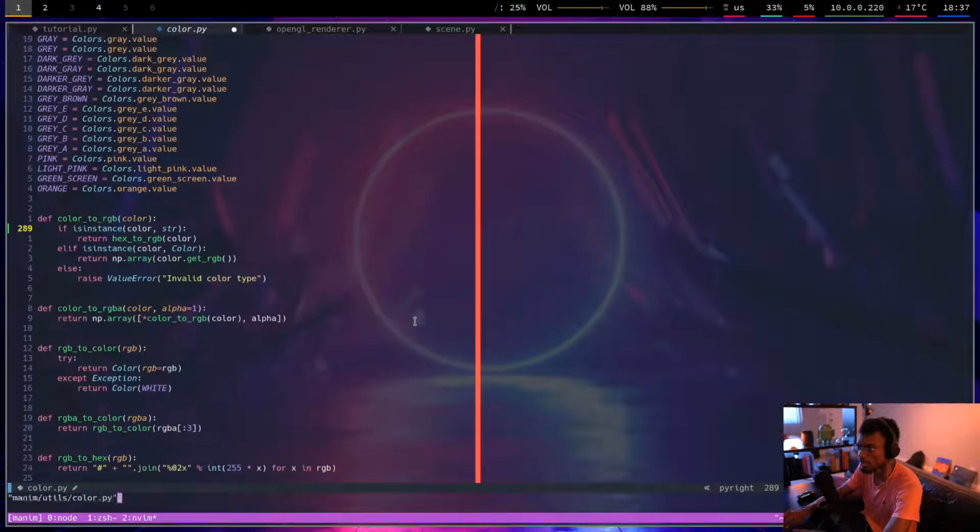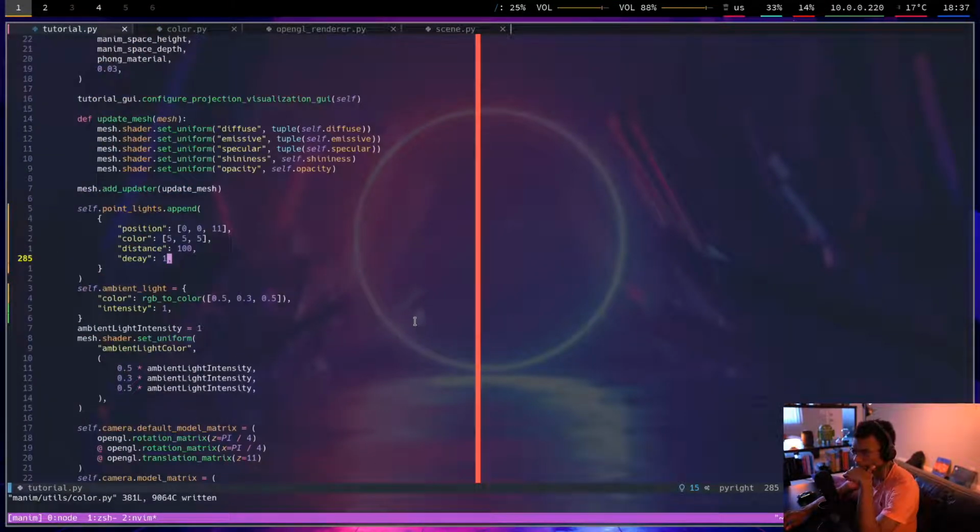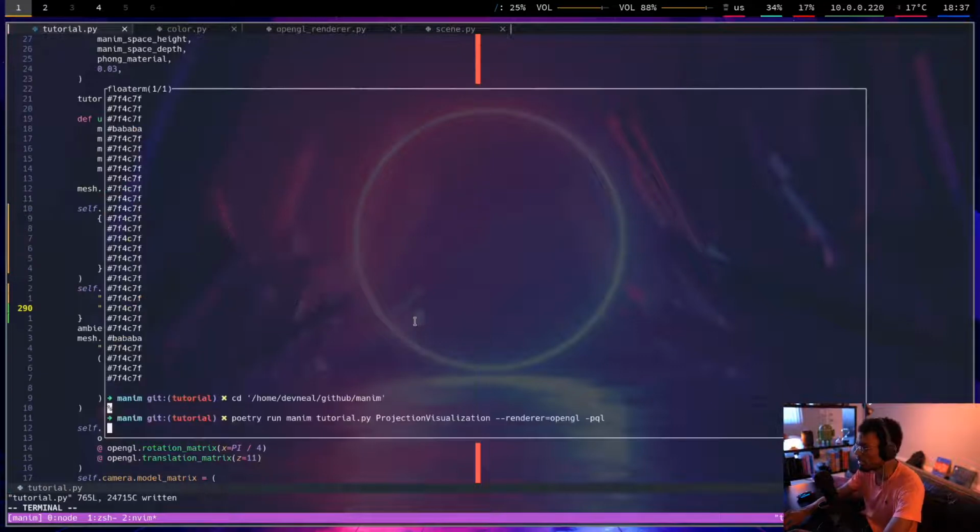Don't need to print this. Let me try to make the ambient color like pretty intense red. Make this like a 20 or something. If I run this,